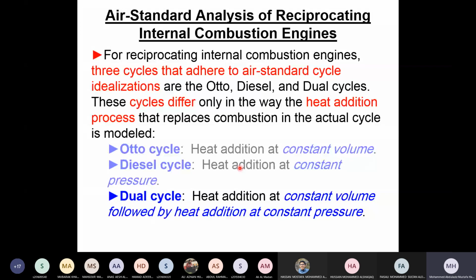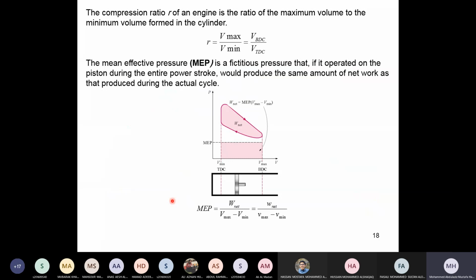Okay, we'll come into more details about that. So these are the cycles that we're going to use: Otto cycle, diesel cycle, and dual cycle. Similar to the reheat cycle and regeneration cycle, we are going to have 3 of them here. But let me now go to